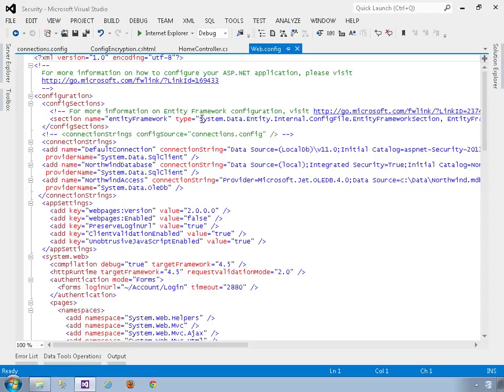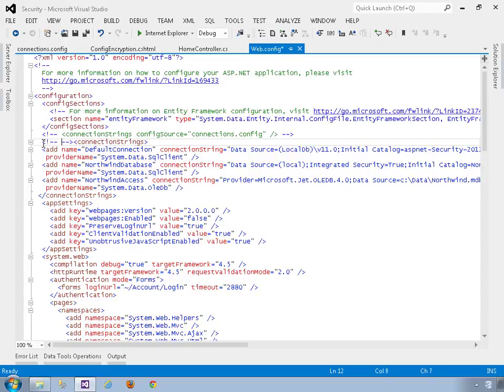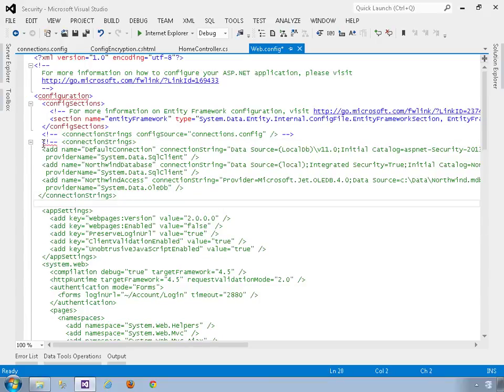So what I'm going to do is come back over here, and I'm going to comment out this section. And uncomment this item here. So all I've done is I've taken this connection strings section and put it in this connections config file, and then set the config source so it knows where to find it. So I'll save my changes,